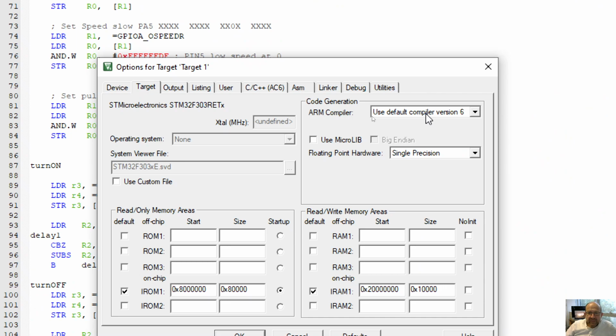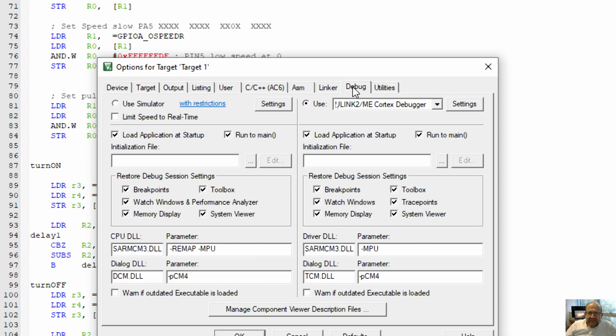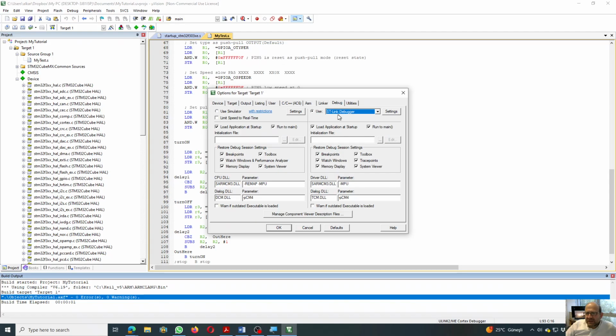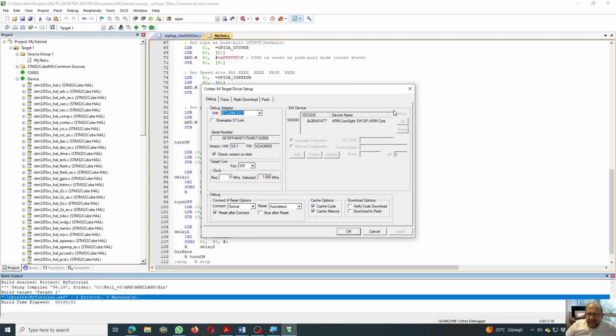Another thing that you have to check is that debug tab. Click on that debug tab and make sure that you're using the correct debugger for your purposes. So make sure it is ST-Link debugger if that's the debugger that you're using on your board. That's board related stuff. You have to make sure that it's correct. Other than that, check out its settings and make sure your debug adapter is here in the slot and its